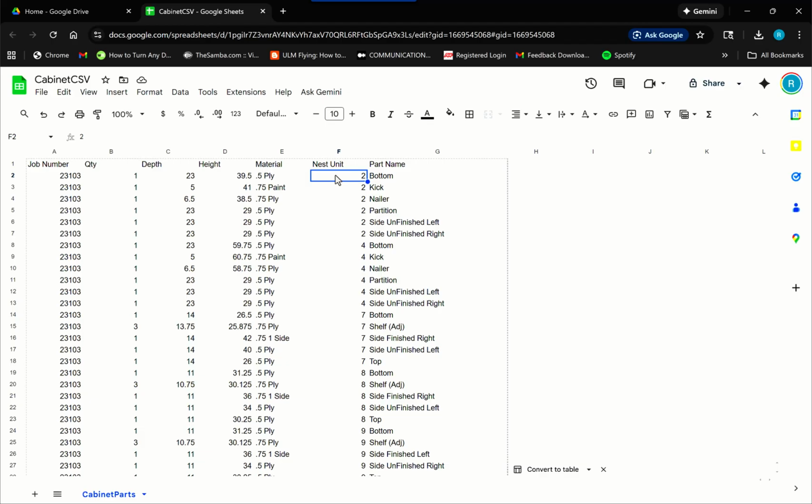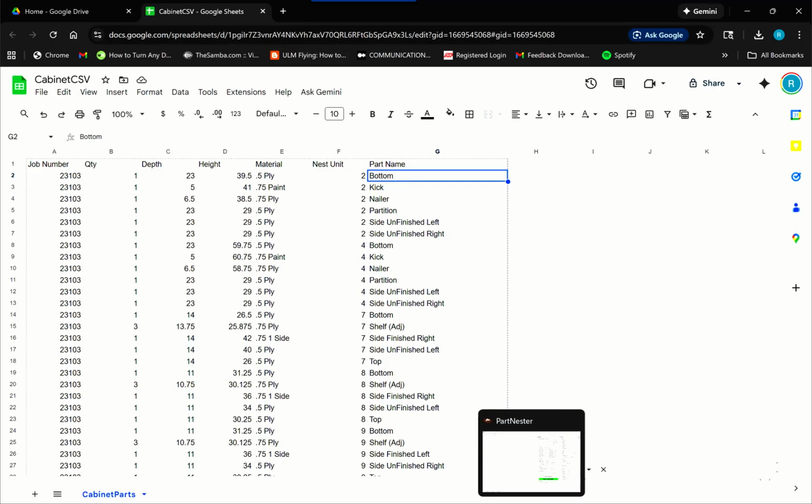The nested unit, this helps in the priority of the nesting or group like parts to the same sheet, or it will try to do its best to keep all of unit number 2 within the first few sheets of the nesting. And then the part name. The part name is going to be used in future videos to show how we could parametrically add features to a particular cabinet part. So let's come back over into PartNester